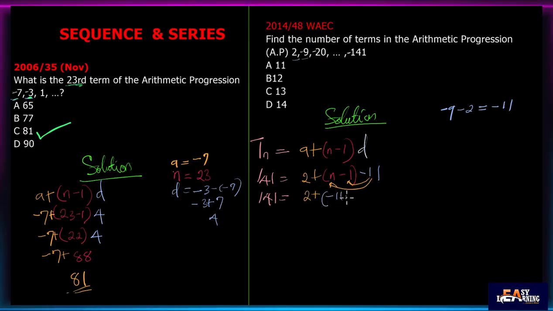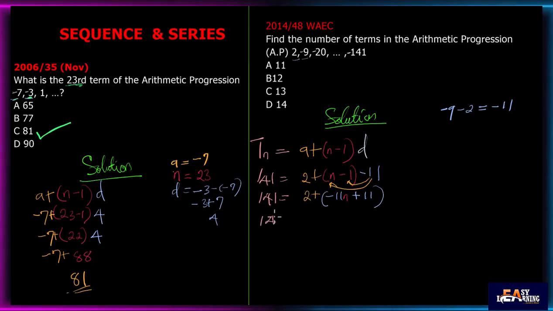Let's put it in a bracket: minus 11n, then minus 11 times minus 1. Minus 11 times minus 1 gives us plus 11. Let's close this bracket. Let's not forget the sign: minus 141 equals,